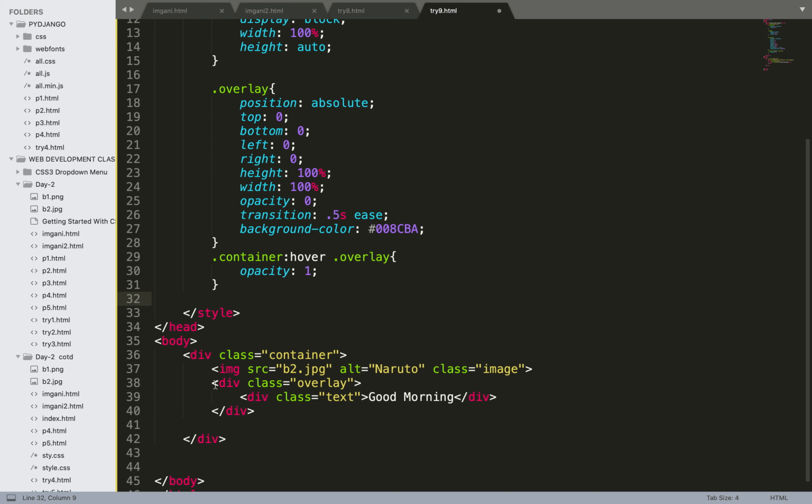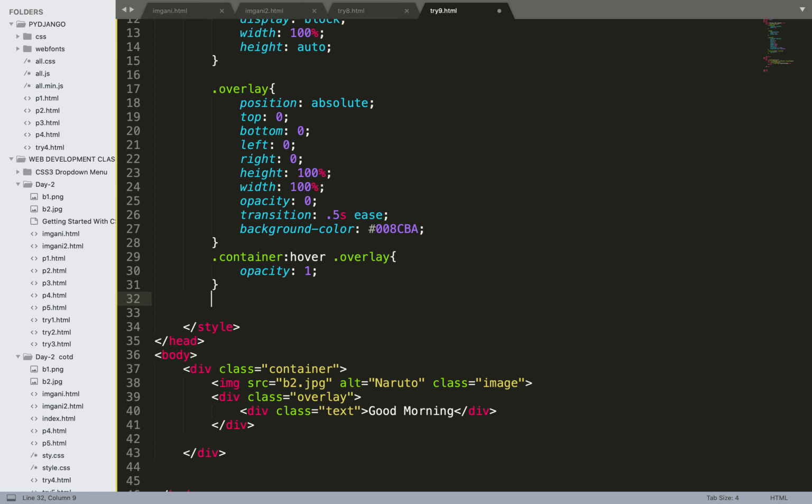Overlay means with this div tag, and it was previously set to opacity 0, and after hovering my mouse over that image or container, its opacity will change to 1, so it will be opaque, and the background image will be fully covered, because we have covered that in height and width, we want to cover it fully 100%. Okay, so I will change that part also.